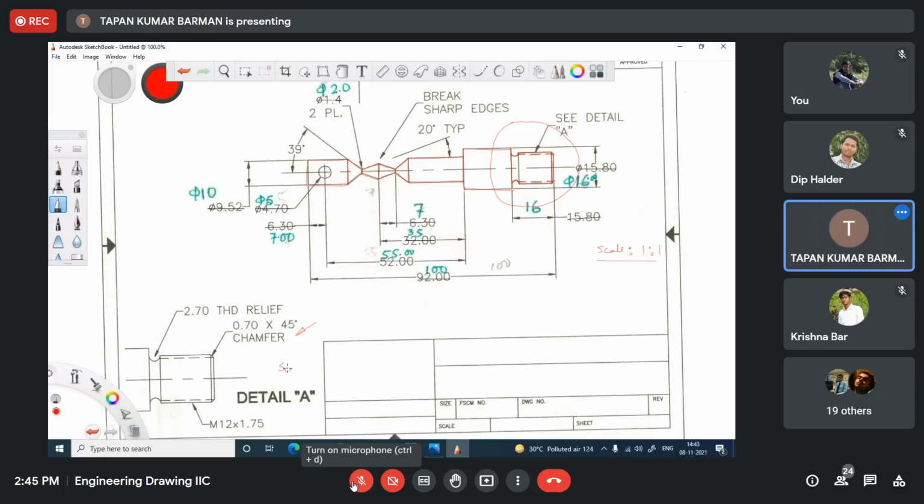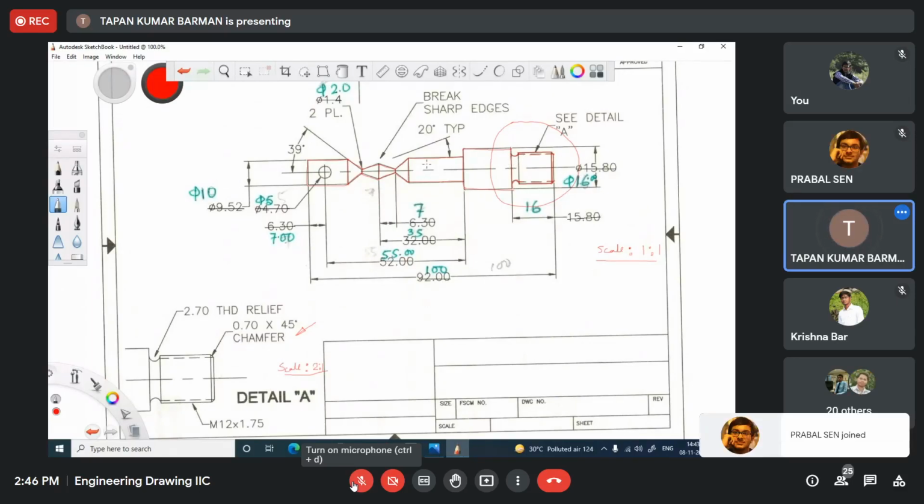For this one, scale may be 2:1 or say 5:1 like this, depending on the space available in your drawing sheet. Is it clear? All the dimensions, say 10, 7, 5, the written dimensions are there. So you have to use that thing.